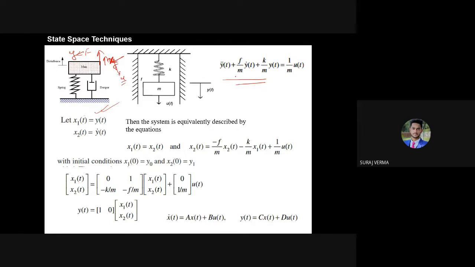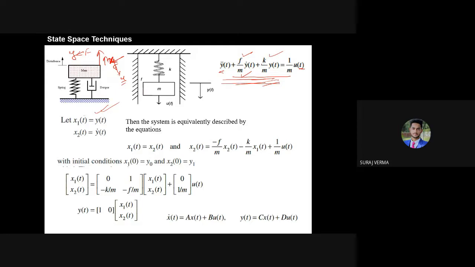Okay, so this equation is written, तो सिंपल इक्वेशन है, मास के लिए आप लिख सकते हैं m into d2x by dt square, जो भी है, और स्प्रिंग के लिए kx, and damper के लिए आप लिख सकते हैं b into v, it means b dx by dt, right? ये आपको पता है, so based on that you can write here. Okay, so we have assumed that m is the mass, f is the frictional force, that is the damping force, k is the spring constant, u is the input, and y is the output. Okay, so आप इस equation को write कर सकते हैं.